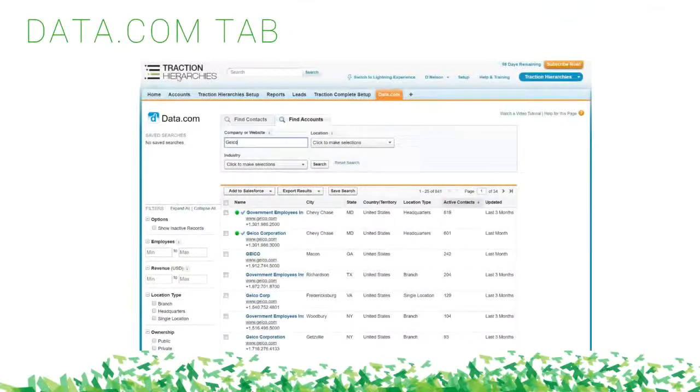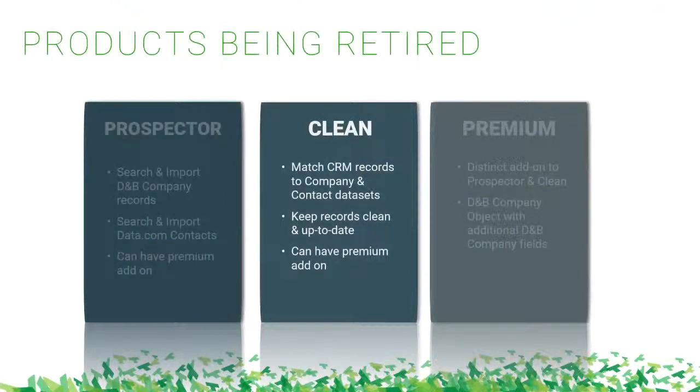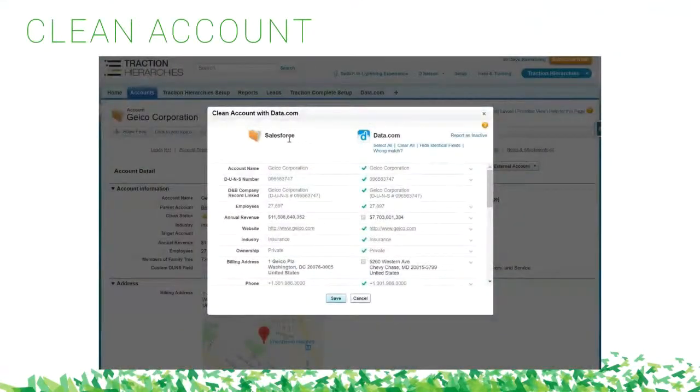And then on the next screenshot, just a reminder of what the Clean application looks like. Most people think of it, even though it's kind of a back-end automation tool for data enrichment, there is the data stewardship flow, the comparison screen. So the Clean button that everyone knows and loves brings up this comparison screen where you can review and accept data coming from our two data sources. And so that will go away when your license expires.